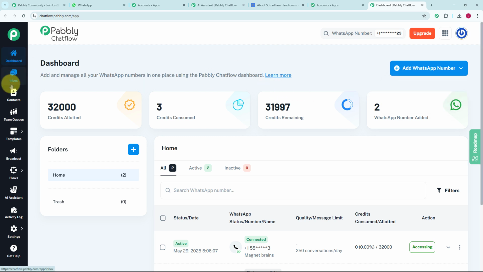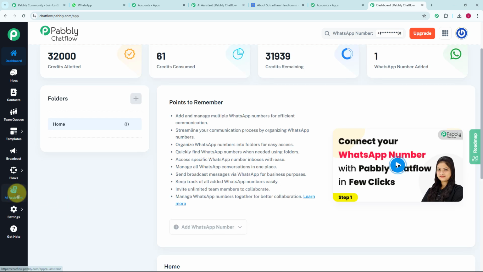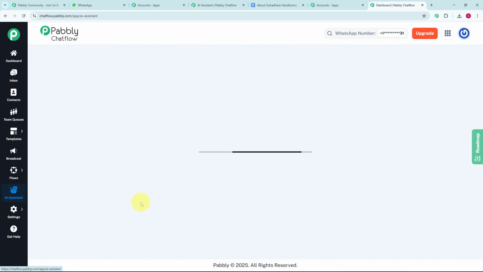Now moving on to the sidebar, you can see these are the features provided by Pabbly, that is inbox, contacts, team queues, templates, broadcast, flows, AI assistant, which we are going to create now, activity log, settings and get help. So if you want to learn more about these features, you can find the video link in the description given below. Now for using the AI assistant, you just have to click on the AI assistant on the sidebar,